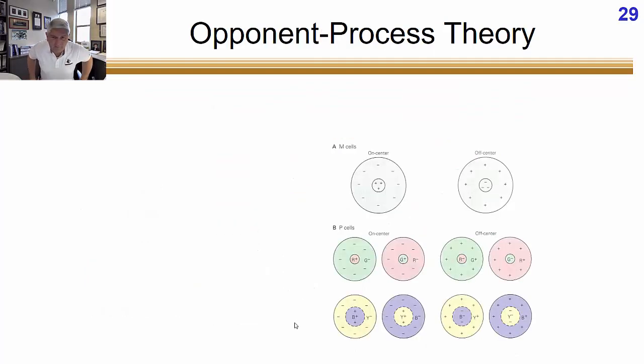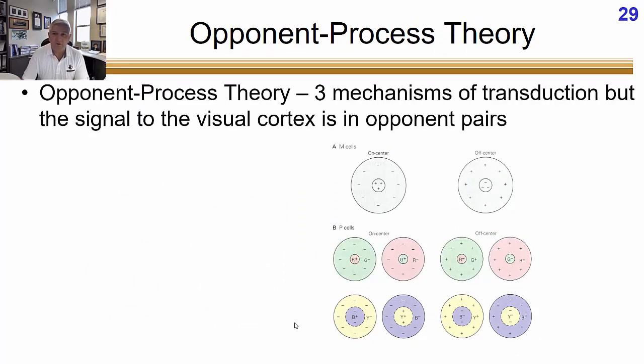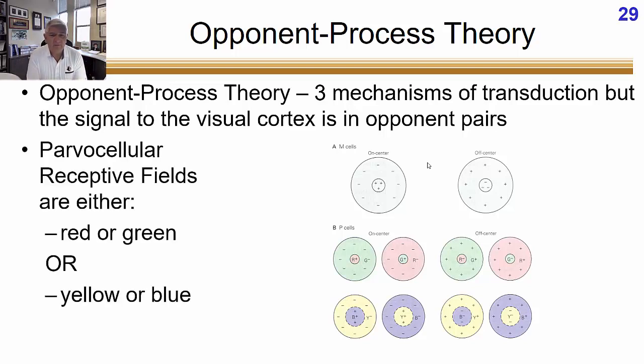All right. What did we say about the vision system? Nothing's ever simple. It's always complicated, right? So do you remember when we talked about on, off, on center, off center, center surround receptive fields in the retina? Well, when we start to add in color, it gets a lot more complex. So it turns out that in the M cells, which come from the rods, which only have one photopigment, we do have this sort of black and white on. Light excites the center, light inhibits the surround, or vice versa, right? But when we're talking about the cones, we're now talking about specific short, medium, or long wavelength cones.